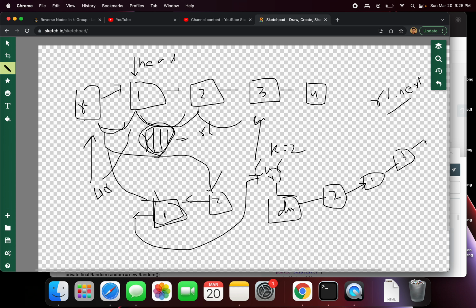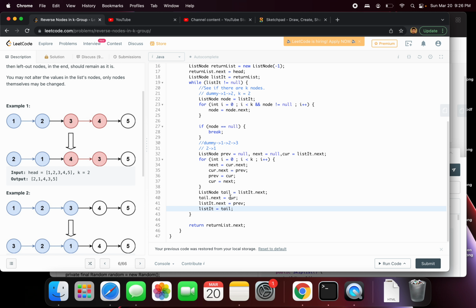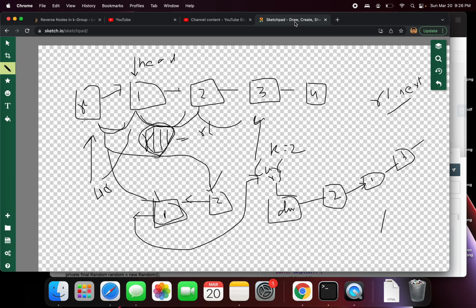And 4, and what we did here was we moved the list iterator to point to tail. Let's confirm what tail is right now. So in this run list iterator next was 1, so we will have 1 here. It's going to be pointing to